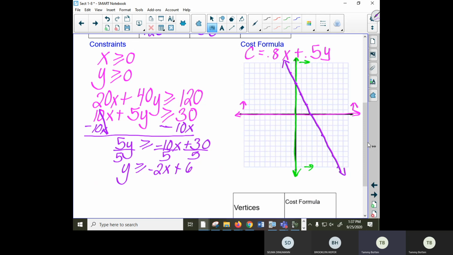Okay, and this one is greater than. So this one's going to be a little bit different. We're going greater than for this one. Now the other one, if I take that